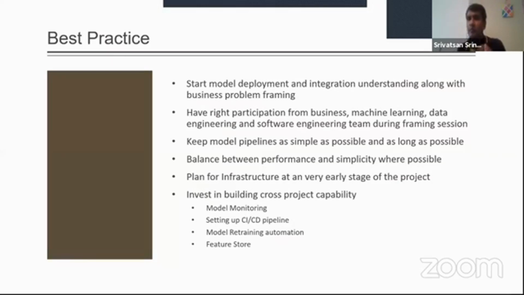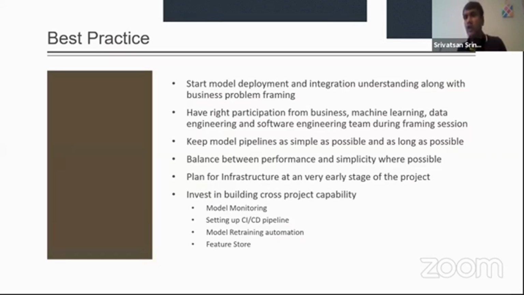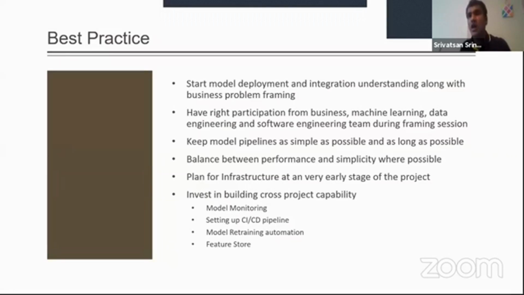One thing is that when you are defining your business problem, a lot of the time model deployment is an afterthought. Your data scientist works in complete silos, talks to the business, builds the model, and may even stack 10, 20 models together to get the accuracy. There are a lot of factors that come into play. So involve your data engineers and software engineers during the business formulation and framing cycle. You need to get your non-functional requirements and your integration touch points with the business process as soon as you start developing the model, because you can start working in parallel. The software engineers and data engineers can build their pipelines in such a way that the model can be easily deployed, and even the data scientists are made aware of the constraints of deploying this model